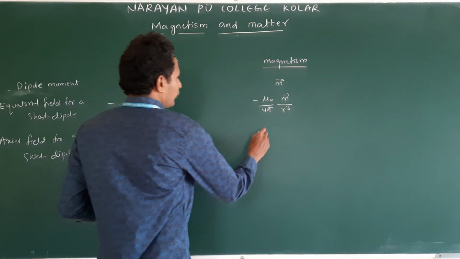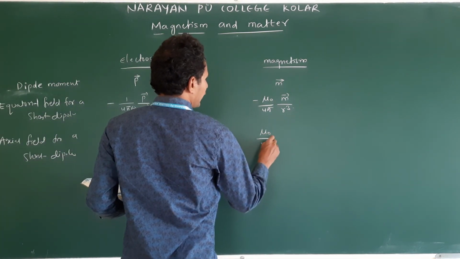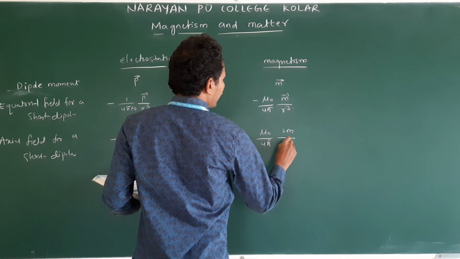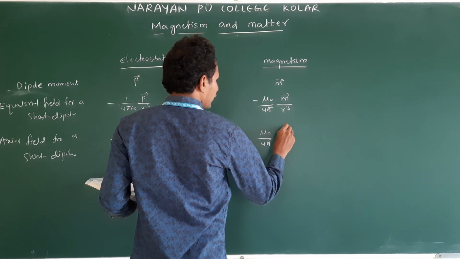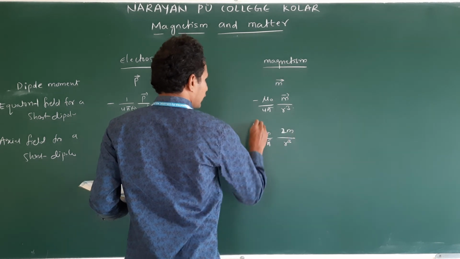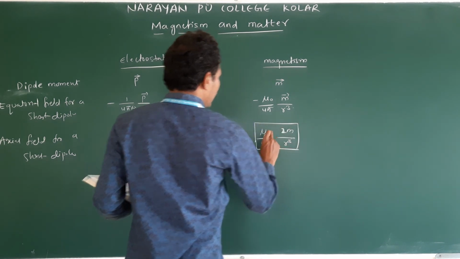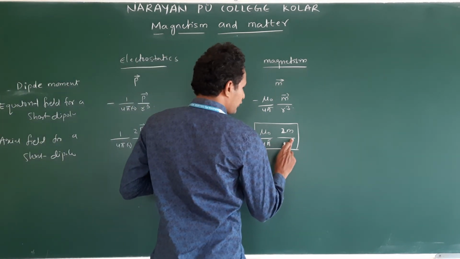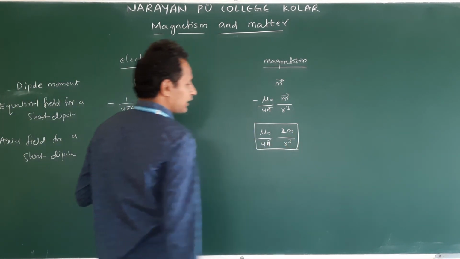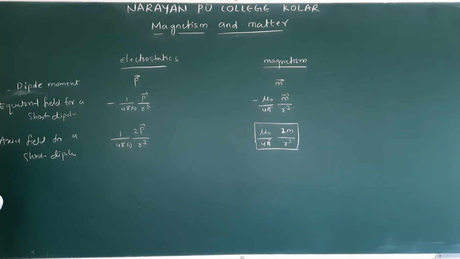Here mu naught by 4 pi, 2m by r cube. The proof we have seen. We derived this equation. Am I correct or not in the last class? Next,